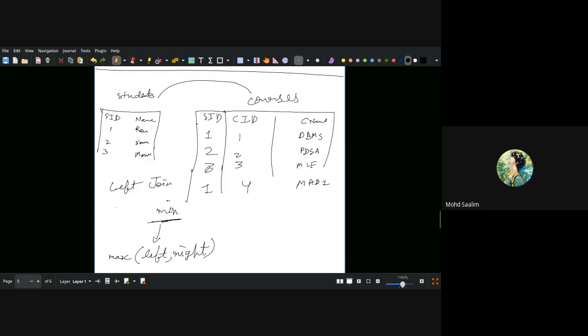You cannot go lower than this one, because you can see we are using all student IDs in this scenario. There is no possible scenario which can give us fewer rows than this. This is not the maximum scenario at all. This is the minimum scenario in which you will get the minimum number of rows in the left join. And in this scenario itself, you are getting 4 rows as the output. That's why I said that in the minimum scenario itself, you will get the number of rows as the maximum of left and right. So in this case, the right-hand side had 4 rows.